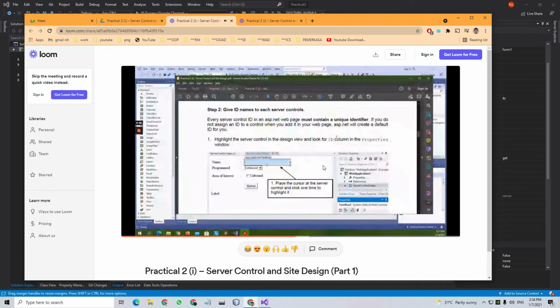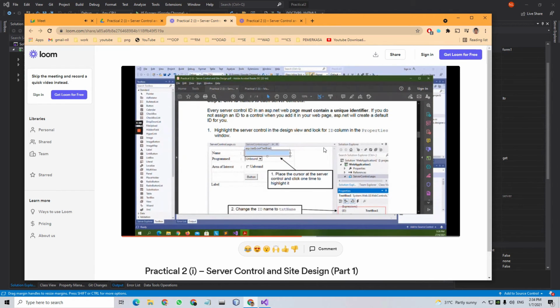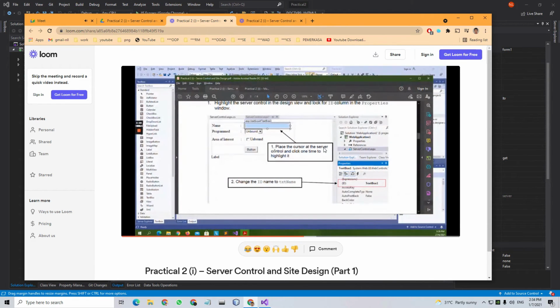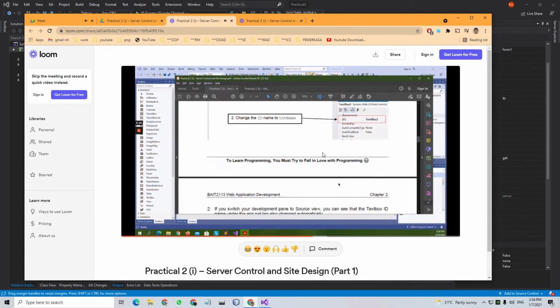If you forgot how to rename the default ID with the unique ID that we want, you just need to select the control, and then on your properties window, which is on your right hand side, find the ID attribute and then change it accordingly. So in fact, the name has already been